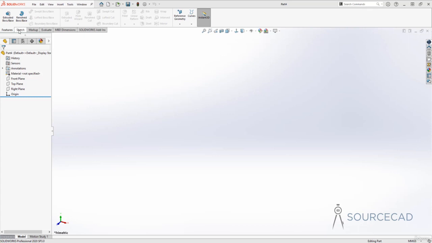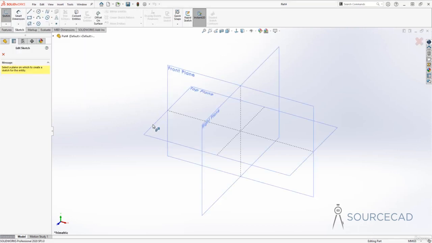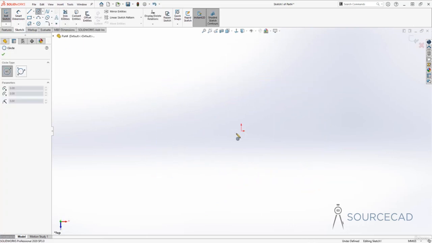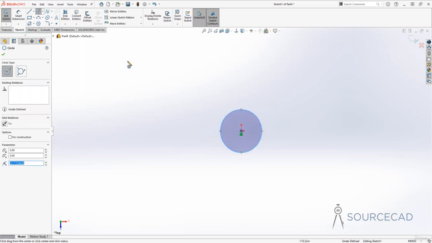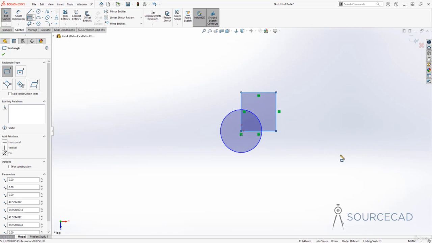So I'll go to this sketch tab and I'll click on sketch and I'll select the top plane to start sketching. I'll go to circle and here I'll just make a circle and then a rectangle as well. Alright, so with these two, I'll now click on this exit sketch, which will take me out of this sketch